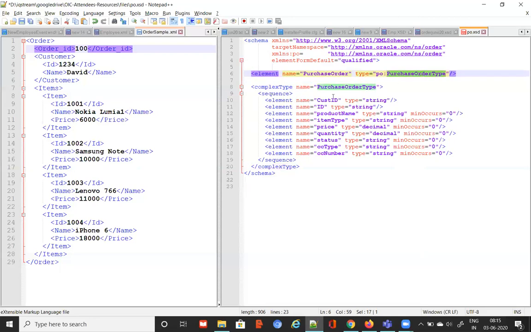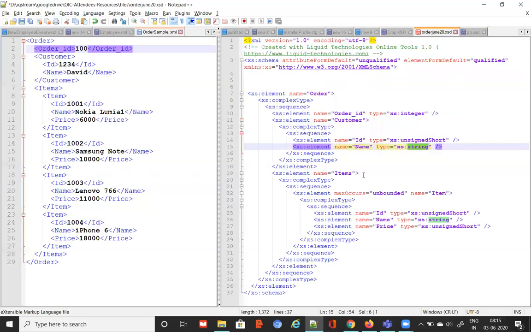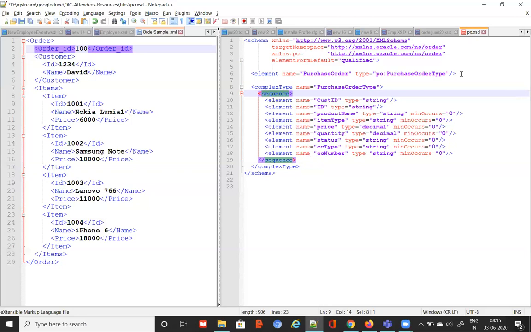The purchase order type is defined here only. Complex type, name equal to purchase order type. Then they define the sequence of other elements. So there are different ways of writing your XSD. I could have written this whole thing without this option also, like what we did in case of order. We directly say whenever there is a complex element, I write complex type, I'm not ending that here, I'm writing the complex type and sequence of elements. But here what they did is, I'm ending that. I'm creating a separate type for that complex element and referring to that as a type for my actual element.